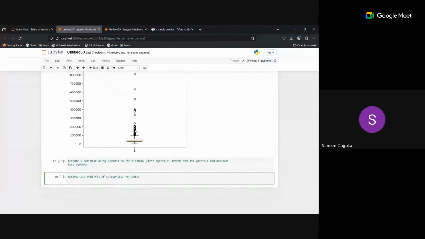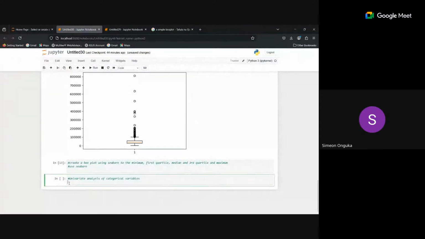So now we are going to see how different categorical variables are visualized. And now we are going to use a count plot. Just similar to a histogram, but it represents the frequency distribution of a categorical variable. So if we say we use Seaborn,